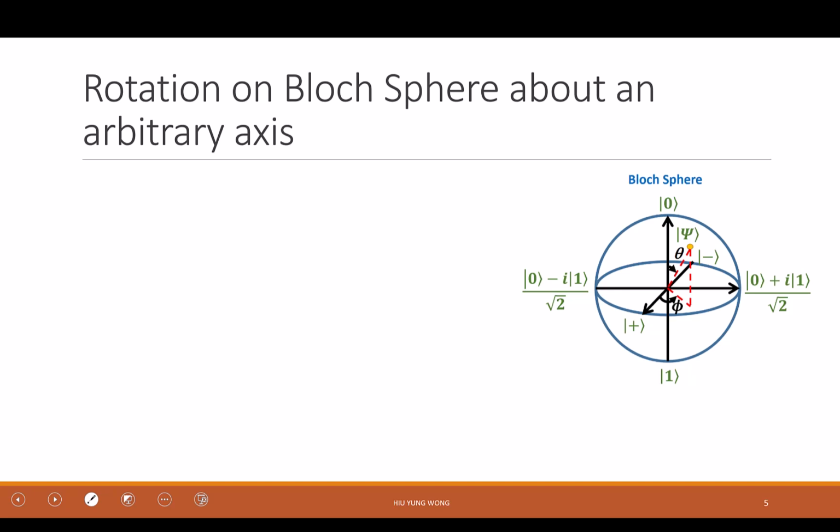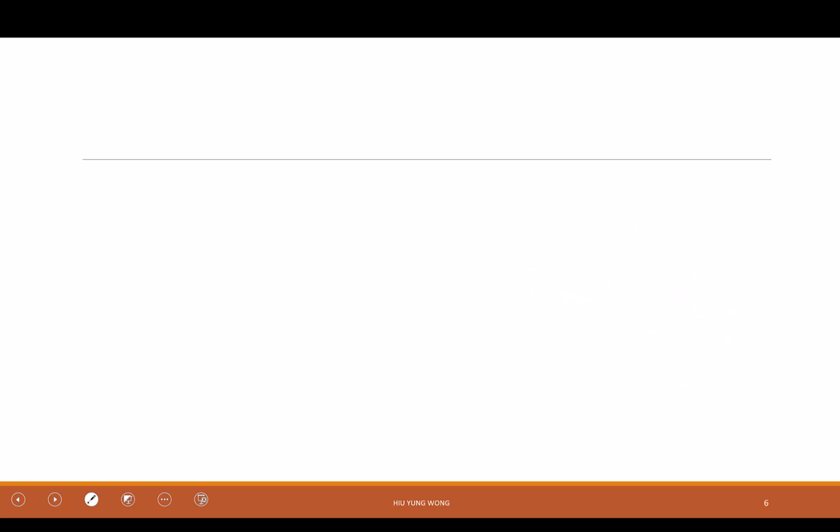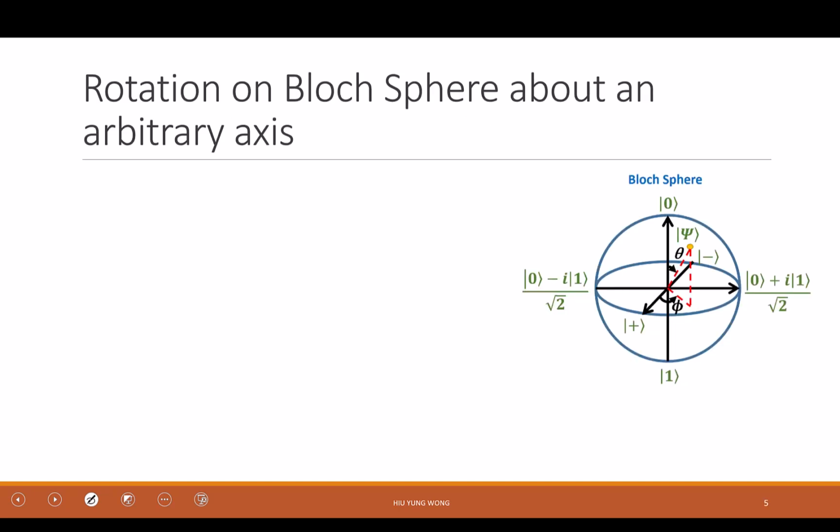Last time we talked about the expectation value of different things, but this time I want to talk about the rotation of the Bloch sphere. Sorry. Now, last time we talked about the expectation value on the X, Y, and Z axis when you apply